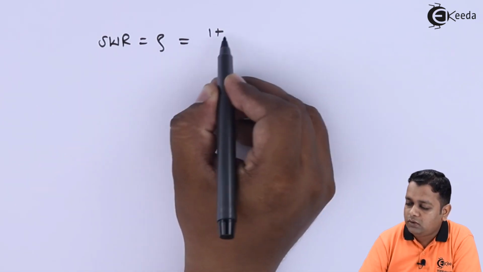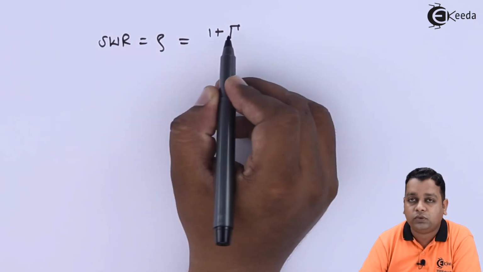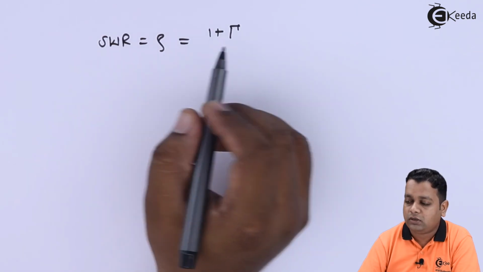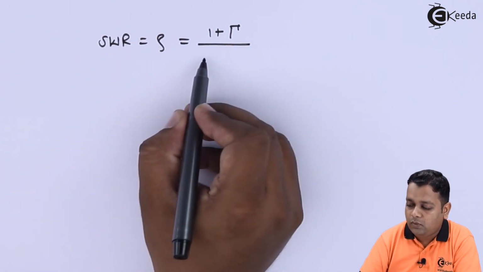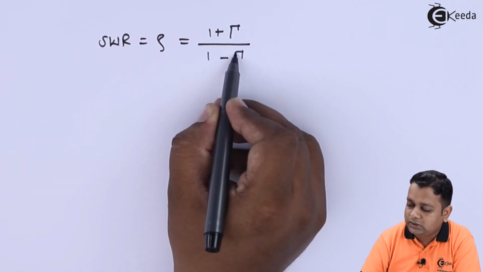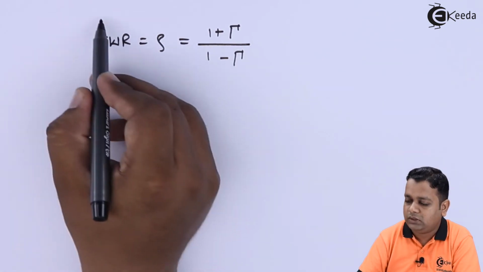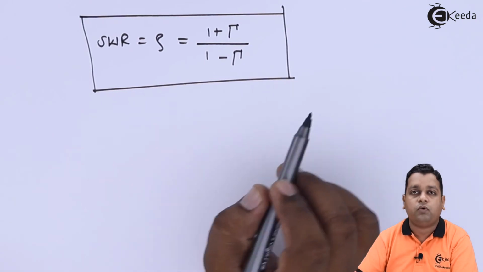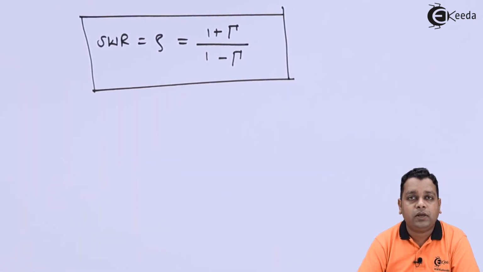In the numerator we have 1 plus the reflection coefficient, that we have just now formulated in terms of eta 1 and eta 2, and it is divided by 1 minus the reflection coefficient. So these are the three important formulae as far as the reflection of a uniform plane microwave is concerned, taking the